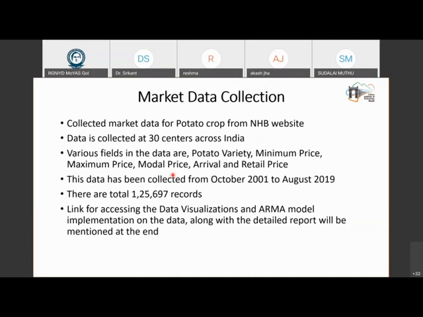But market data is a lot more complicated than scientific data. Market data is very fluctuating. There is no easy modeling to do for it. And once money is involved, there are lots of other factors that are out of your hands, starting with the fact that people are very dishonest. So it's very difficult to get accurate and reliable data. But this is also something that we are trying out.